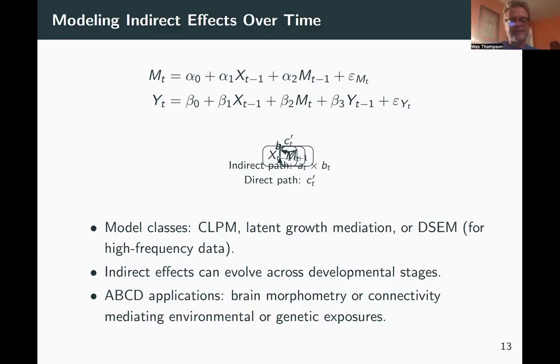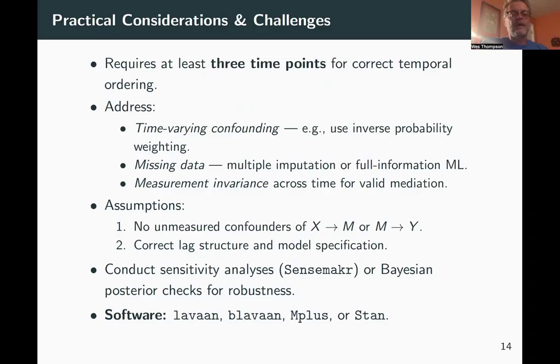In ABCD applications, mediation models have been applied to, say, brain morphometry or connectivity, mediating environmental or genetic exposures on outcomes. So, practical considerations and challenges. Longitudinal mediation often requires at least three time points to address the correct temporal ordering. There are also issues with time-varying confounding,